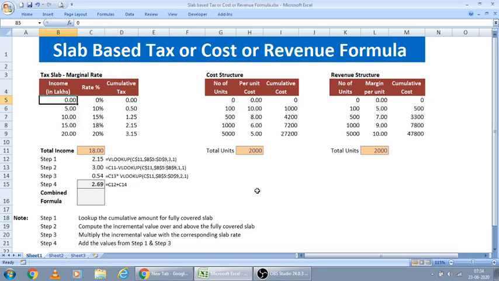Here I put slab wise what is the incremental rate of this percentage, and for each slab what is the cumulative tax amount if the total income is crossing that slab value. For example, here 0 to 5 lakhs is 0 percentage, 5 to 10 lakhs is 10 percentage, 10 to 15 is 15 percentage, and 15 to 20 is 18 percentage, and 20 and above is 20 percentage. Here we have to put the lower base of the slab in this column and corresponding percentage here, and this is the column